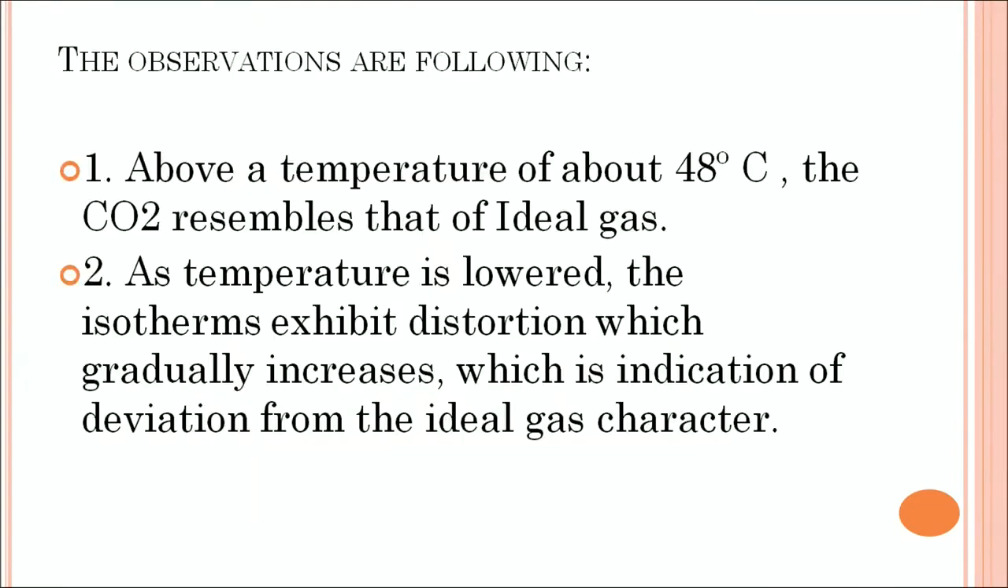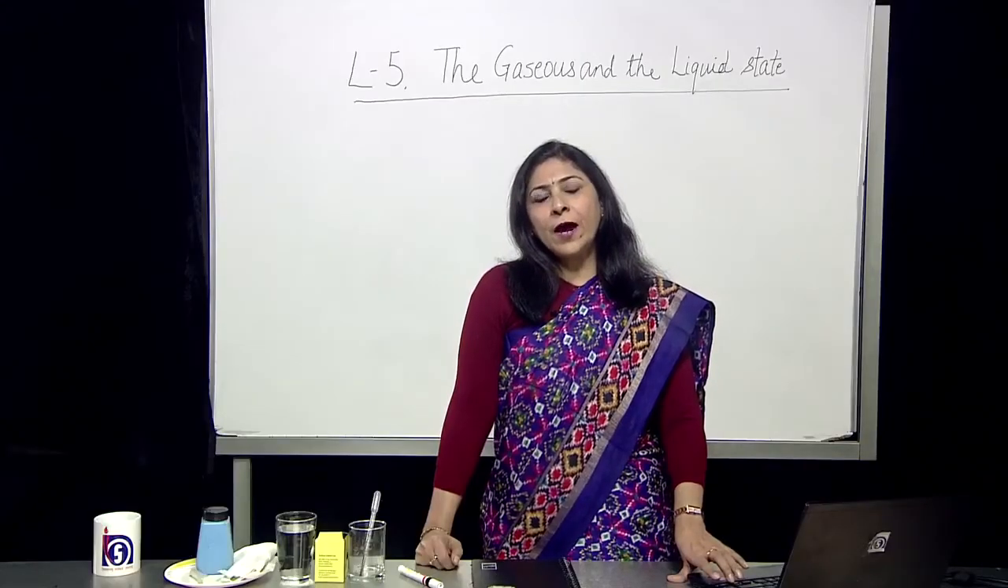Above the temperature of about 48 degrees Celsius, the carbon dioxide resembles that of ideal gas. It means carbon dioxide behaves as a gas if the temperature is above 48 degree, whether it is 50 degree or 51 degrees Celsius. Then he found that as temperature is lowered, the isotherm exhibit distortion which gradually increases. Now, what is the isotherm? Isotherm is the graph where we have the temperature constant,